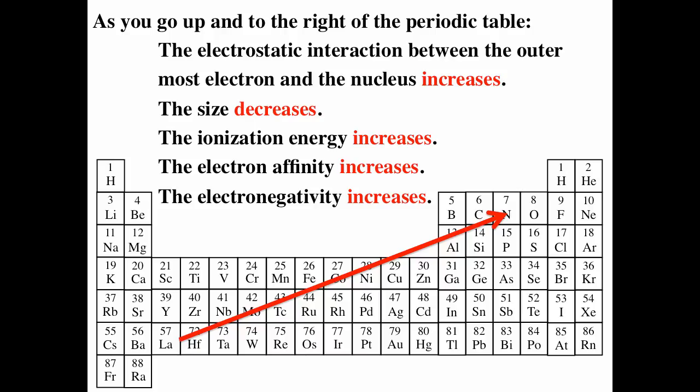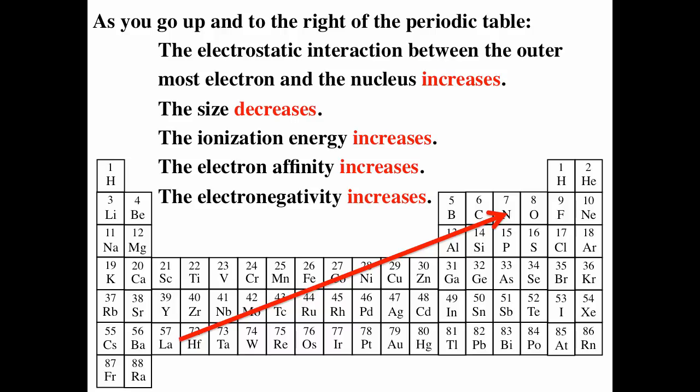And that's a result of 2 contributions. One, as you go from left to right, the number of protons in the nucleus increases, strengthening the attraction. And as you go down the periodic table, the outer electrons are going into bigger shells, weakening the interaction. And so again, as you go up and to the right in the periodic table, the electrostatic attraction between outer electrons and nucleus increases. And so the size of the atoms actually decreases, ionization energy increases, electron affinity increases, electronegativity